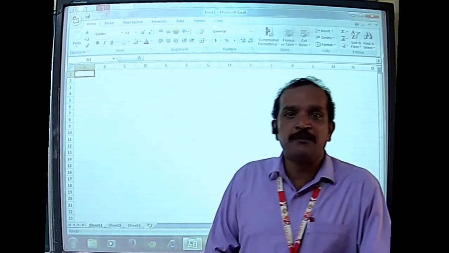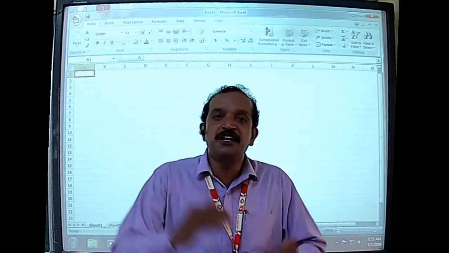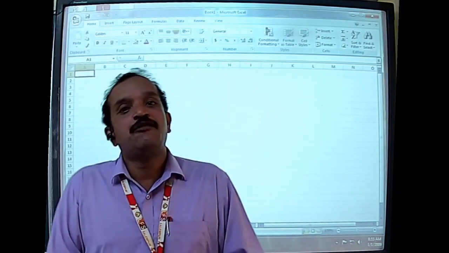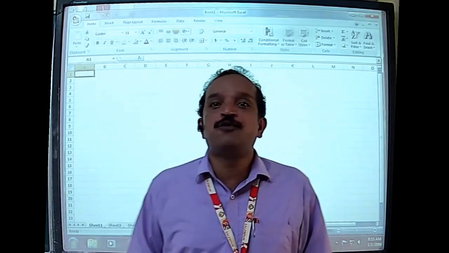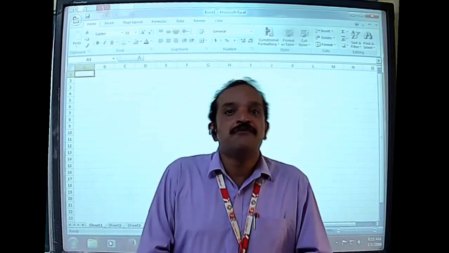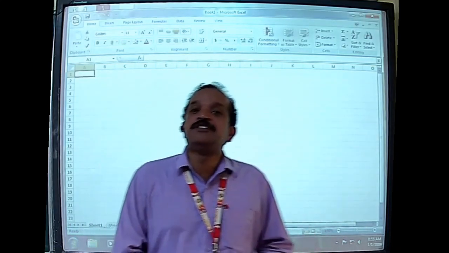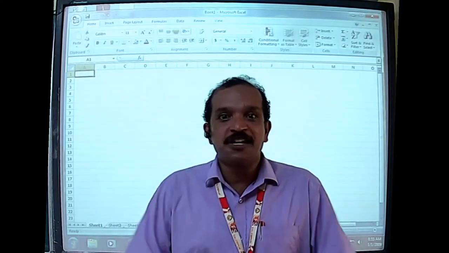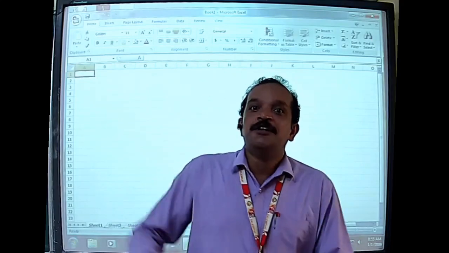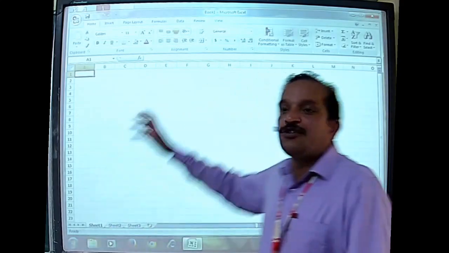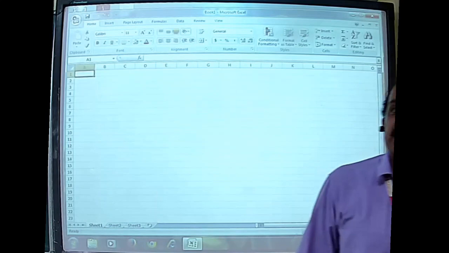The components of MS Excel are slightly different from those of MS Word, because MS Word is mainly used for creating documents, whereas MS Excel is used for creating workbooks in which various mathematical problems can be solved. Now let us get introduced to the various components of the MS Excel screen.